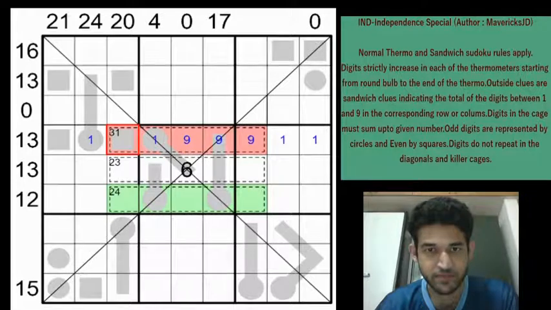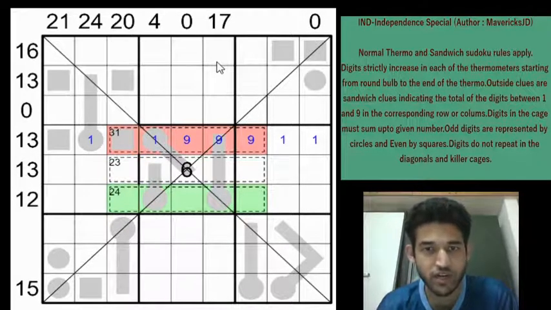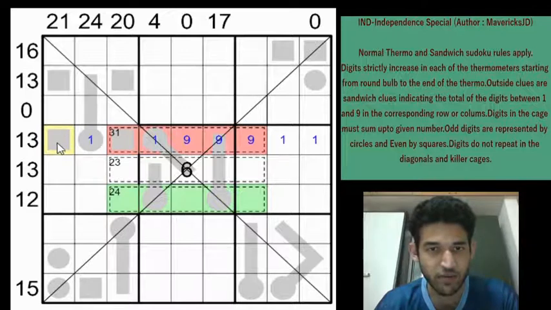Still nothing much. So what we will do, we will try to eliminate cells which cannot contain a 1 or a 9 so that we can make use of this sandwich property. Because there is nothing more inside the grid from which we can gather information. So we will try to highlight cells which do not contain 1 or a 9. So this cell cannot be a 1 or a 9.